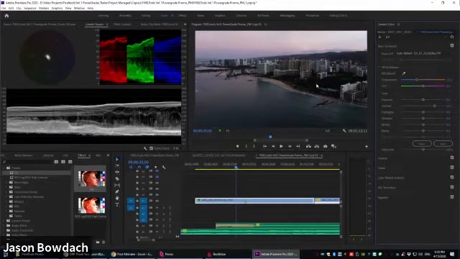Now, I've unfortunately crushed or essentially destroyed the black data right there. You can see that I've lost some of that information in the shadows. So I'm going to use our shadow control to bring that up just a little bit.